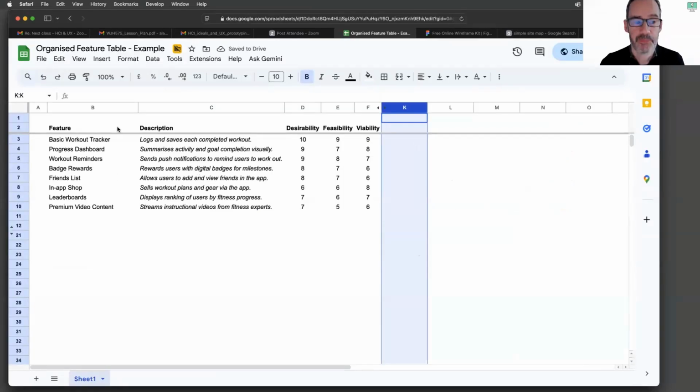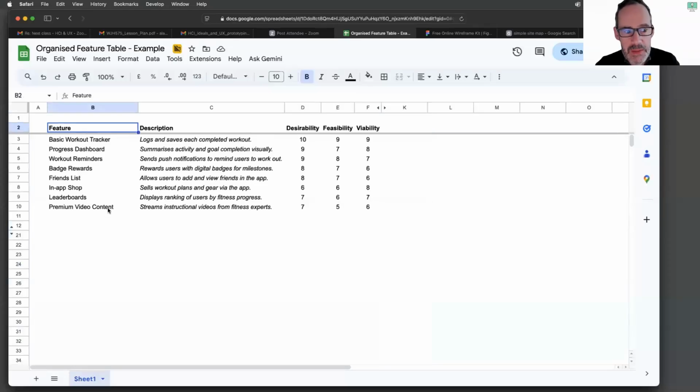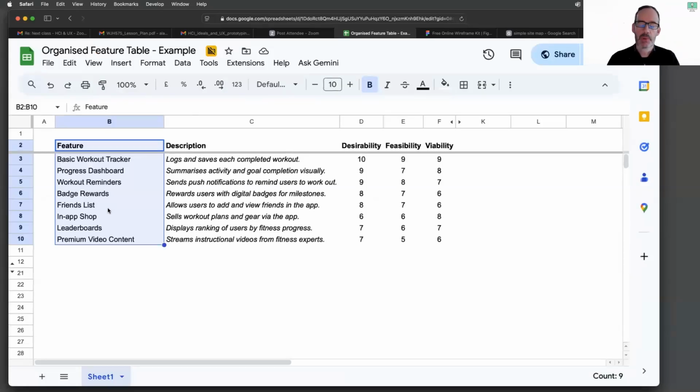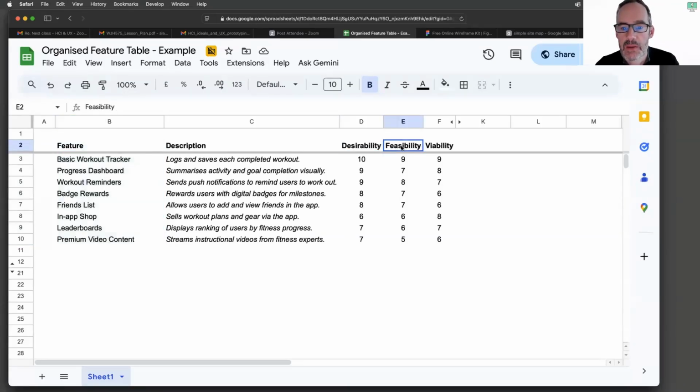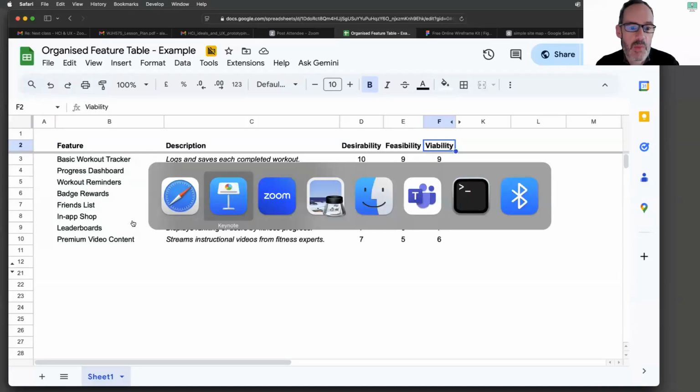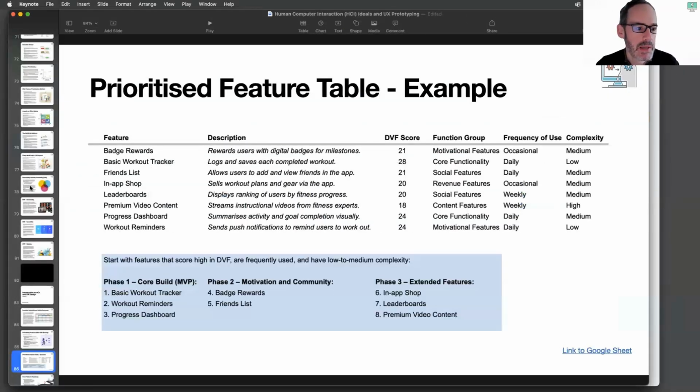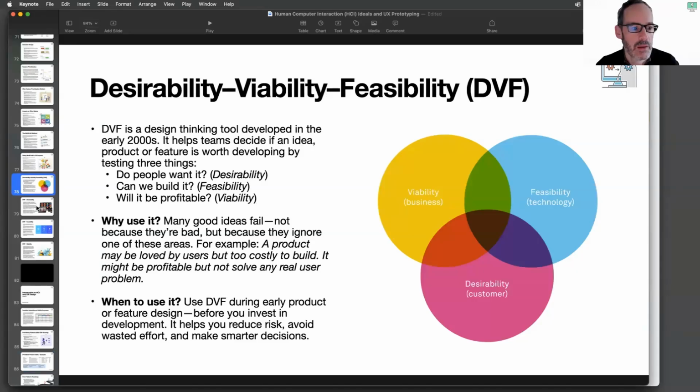So these are the features that we came up with. This is an example, and this is using the example of the fitness app that we had referenced in previous lessons. So these are the features, and the description then explains what each feature does. And then with the team, or in some communal way, you rank each of the features, and you rank them in terms of desirability, feasibility, and viability. And remember, we explained all these here,